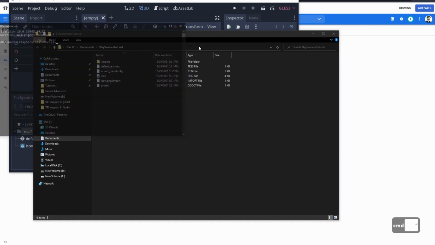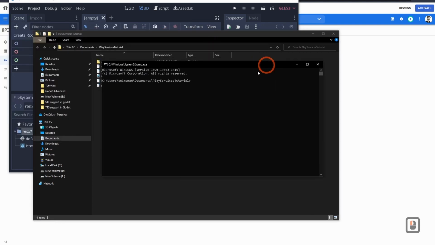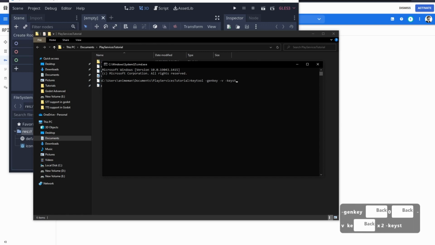And I'm going to go CMD, and we're going to go ahead and create ourselves a debug Keystore. Now, I've shown this a few times, but basically you just type keytool -genkey -v -keystore debug.keystore -storepass android